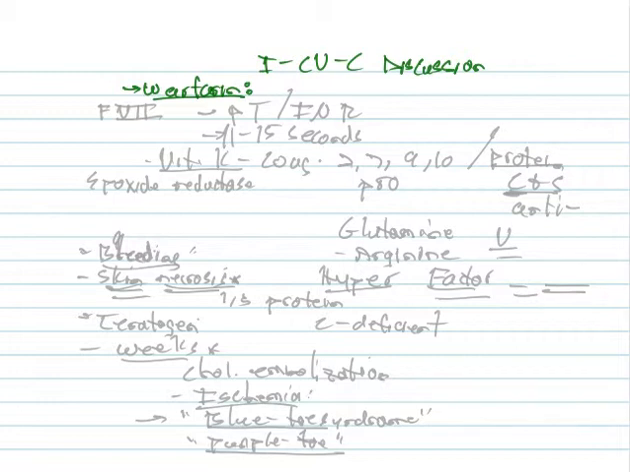Warfarin is a drug in which you would then use PT-INR, that prothrombin time, 11 to 15 seconds. When you're dealing with warfarin, you know that you're dealing with the extrinsic system of the coagulation cascade. That PT with extrinsic would mean that it's beginning with factor 7, tissue factor. It is vitamin K dependent